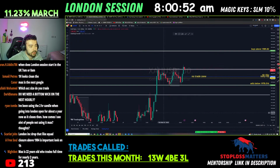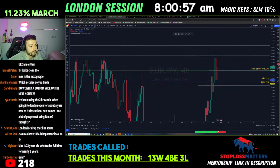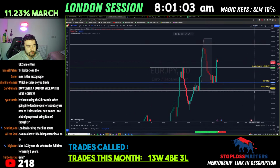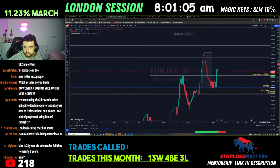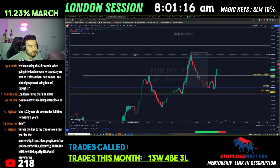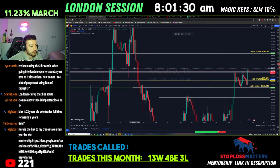So the 30-minute has closed above. It's making a lower wick here. All making lower wicks. It's a very nice closure on EJ. You just gotta potentially wait for this lower wick to form. Already flipping. Closure above 1984 is good on gold, on the hourly,